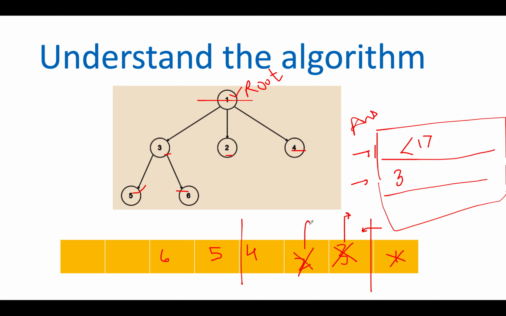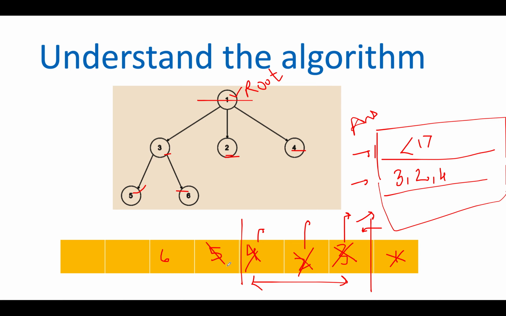2 gets pulled out, and we'll add all its children into the queue. There are no children of 2, so we will not add anything, and 2 simply gets added into the current level. Next we have 4. 4 gets pulled out, and 4 also doesn't have any children, so 4 gets added into the current level, and this marks the completion of the second level as well. So we will move the pointer ahead to the next in the list.